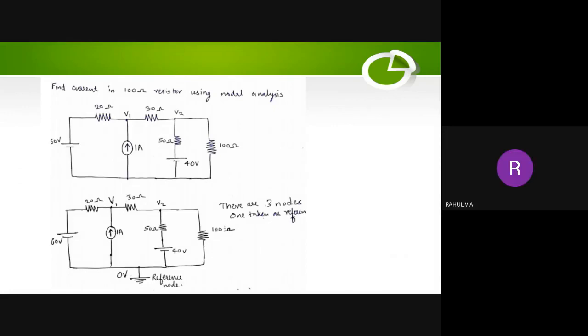Okay, we were discussing this problem yesterday. First we identified the number of nodes in this diagram. So this was one node, this is the second, and here we have another node, because a node is the interconnection of two or more branches. So this is also a node. Here we have a node, and here also we have a node.